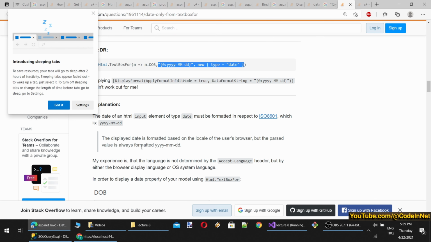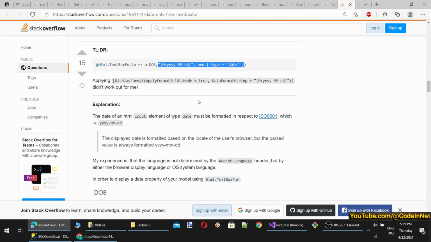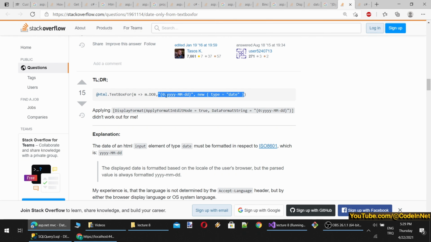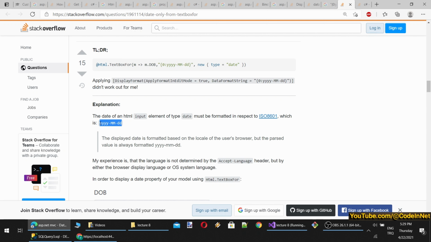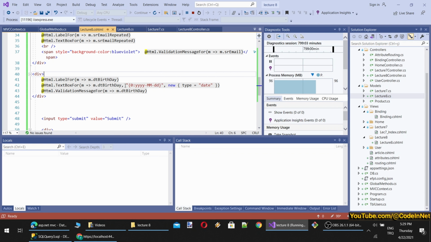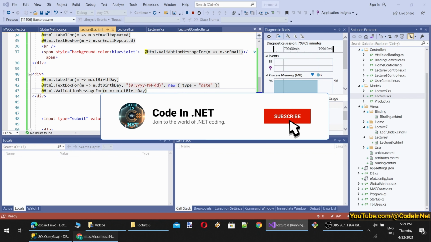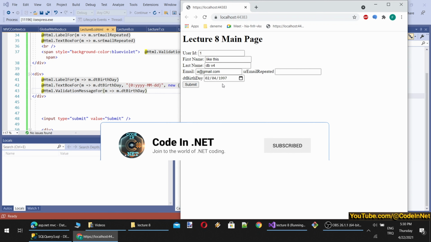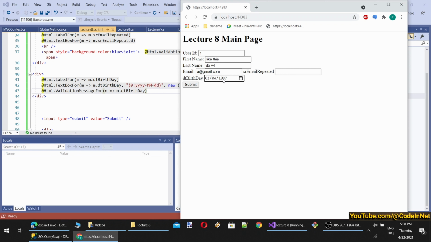Anyway, okay, I have noticed that we have a very small error. That is why it didn't work last time. You see, it is expecting this type of input because according to ISO 8601, this is the format. Therefore, after I have changed the format like this, now it is working. Let me show. Okay, we did refresh and see the date is here.